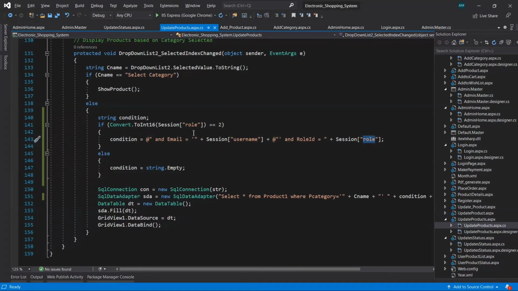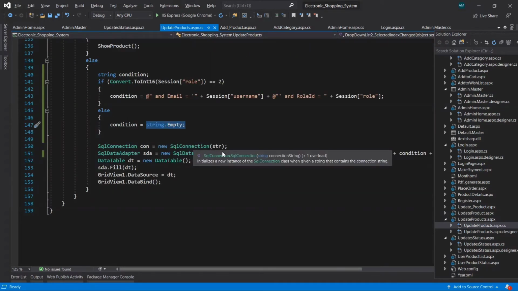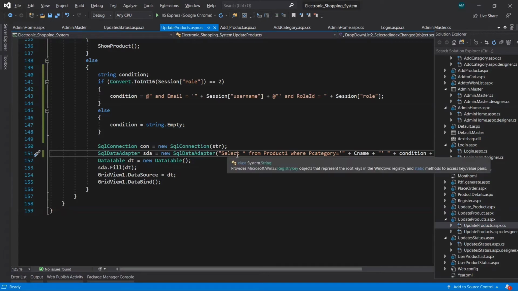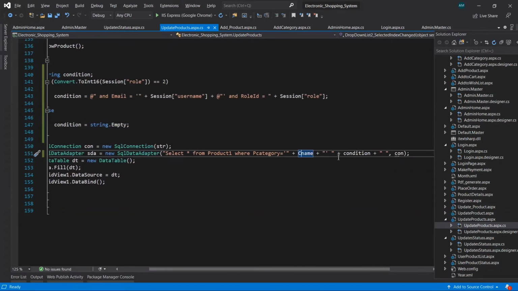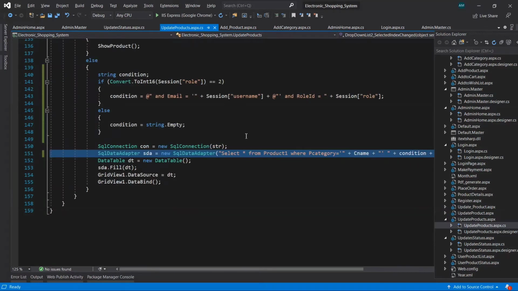If it is not the vendor, that means it is an admin. So for that admin it will not concatenate any value from here, okay. So when it forms the query for the vendors, it will form like this: select star from product1 where p category is equal to the category name, and email is equal to this, and role id is equal to this.